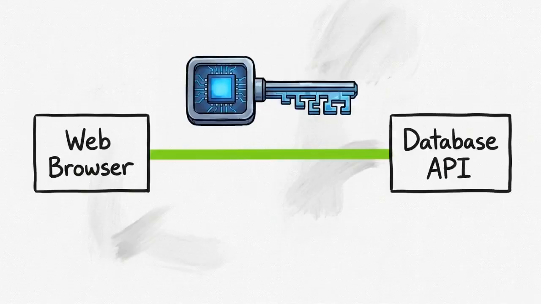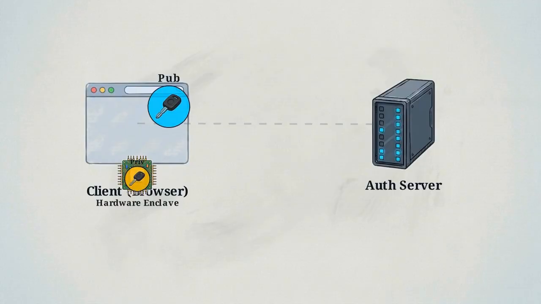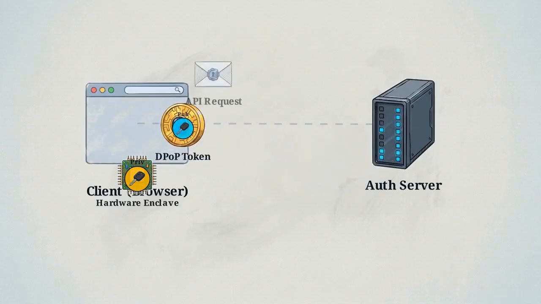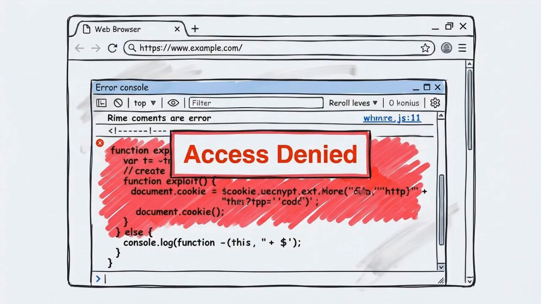For systems requiring direct, low-latency client-to-API communication, the alternative is demonstrating proof of possession, or DPoP. DPoP generates a key pair locally, binding the token to that hardware context. The server embeds the public key thumbprint directly into the token payload. For every API call, the client uses its private key to sign a short-lived proof document. DPoP ensures that even if an access token is stolen via XSS, it is mathematically inert without access to the